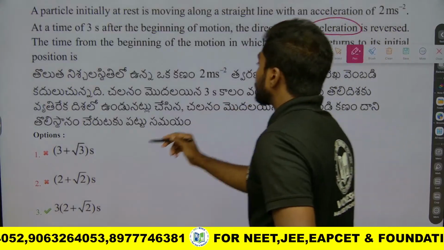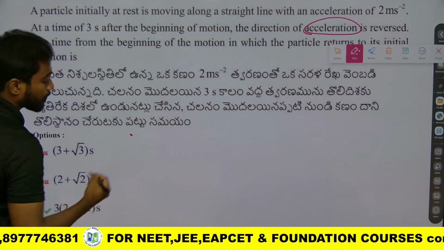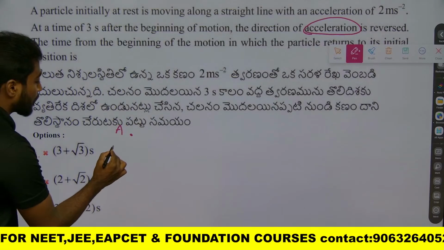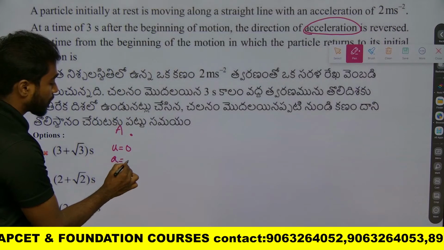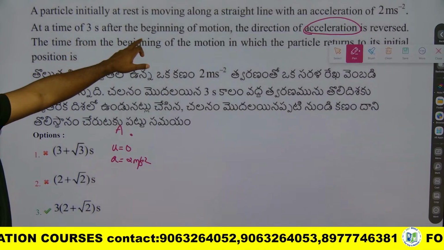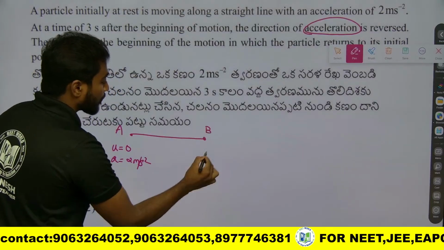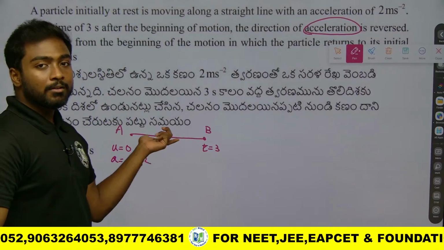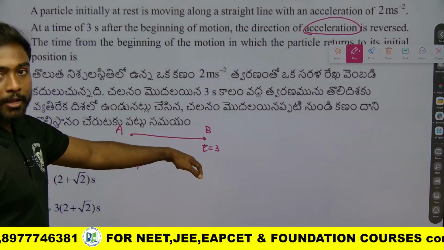Okay, so initially there was a point where the object starts, right? Let me consider the point as A, and initially it was at rest, so u is equal to 0, and acceleration was 2 meter per second square. At a time of 3 seconds from the beginning of the motion, let me consider the point B where the time is equal to 3 seconds. First I need to find what is the displacement here. We know the time, we know the acceleration, and we know u. So I can use the